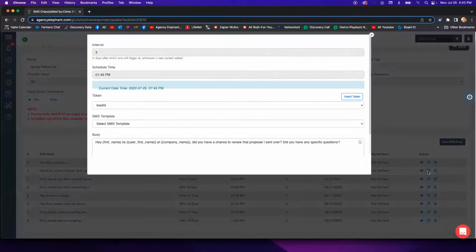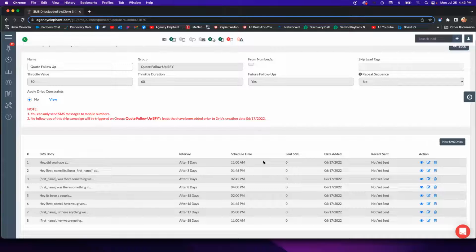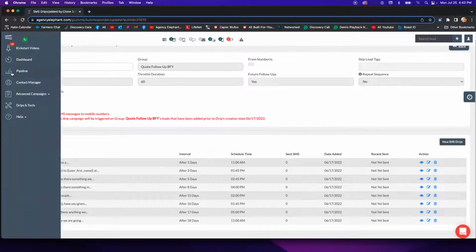And you can come in here and view that verbiage and edit it accordingly. This is going to grab the customer's name. This is going to grab your name and your agency name and put it into the text for you. And you can come in here and edit these as you see fit. So I highly recommend that you come in and view the follow-up we have, edit some verbiage, and start using